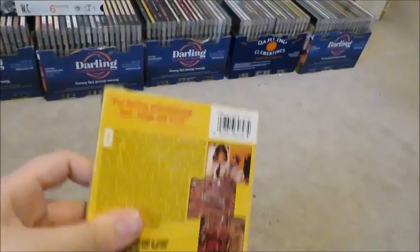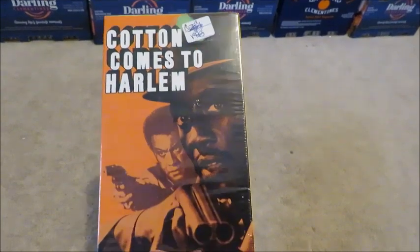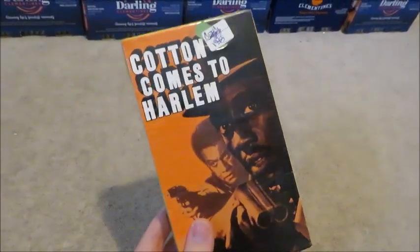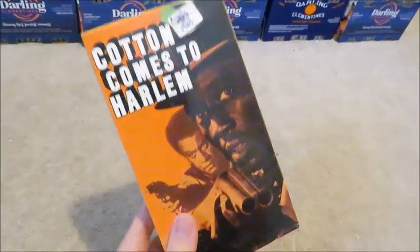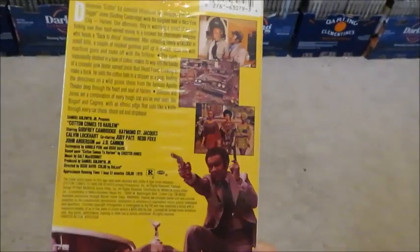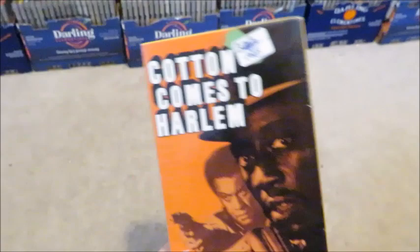1970 film, and this is a 1993 VHS. This film's rated R. This is an MGM tape co-produced by United Artists. My question is, I'm not sure if there ever was an MGM Soul Cinema collection print of this film. If any of you guys know, let me know in the comments below if this movie ever had a